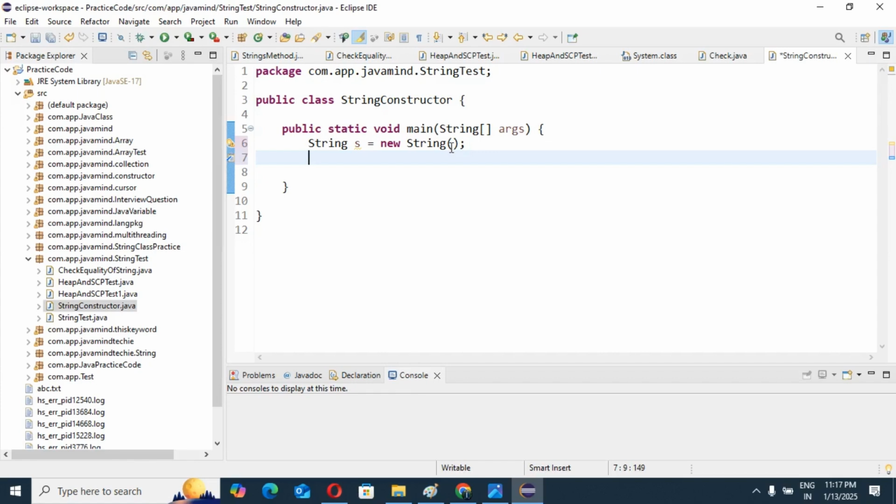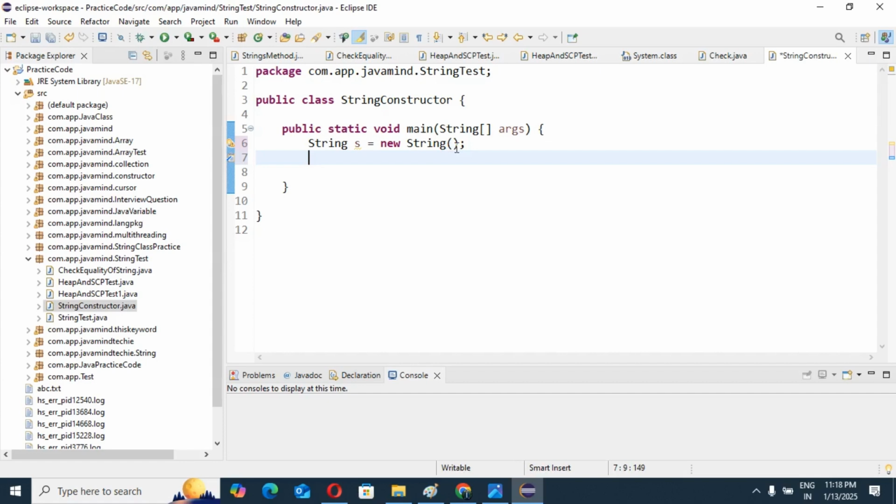Also you can say this is the first constructor in our string class, that is the empty constructor. It creates an empty string object. In this constructor we don't have any